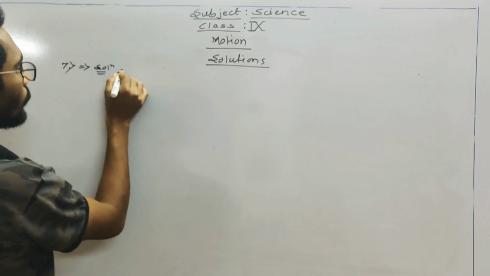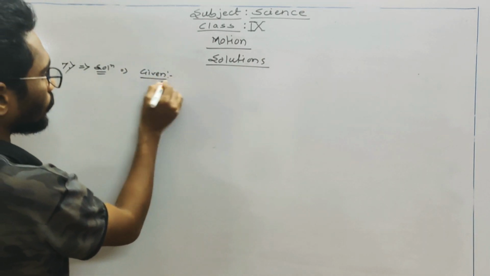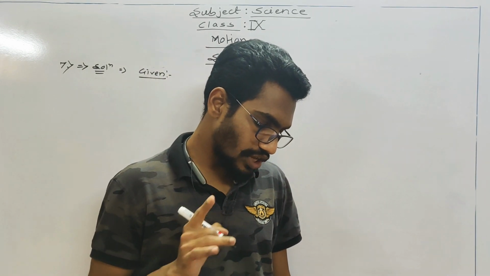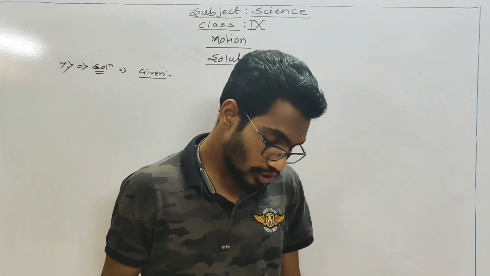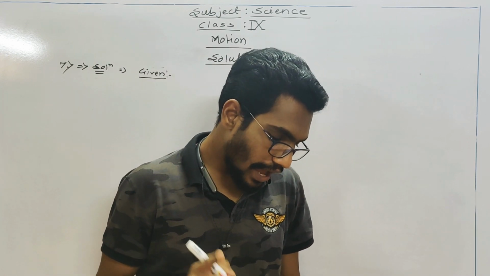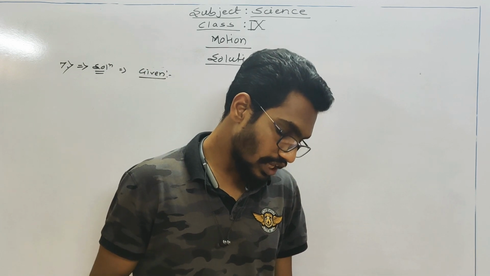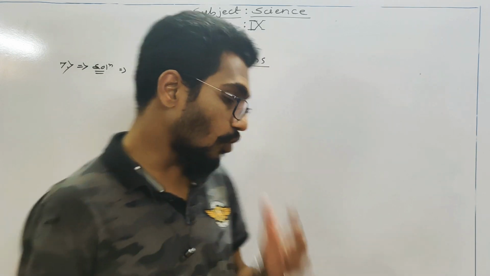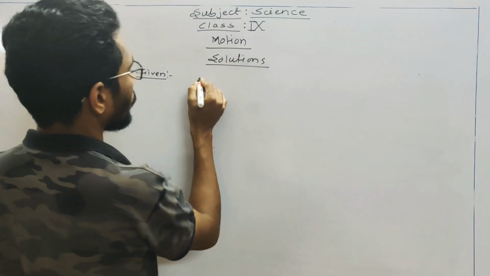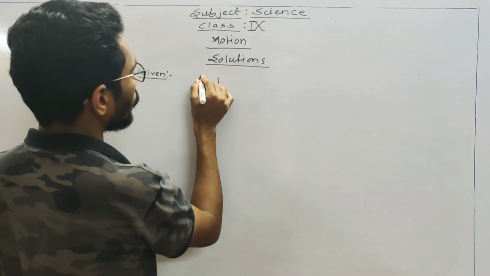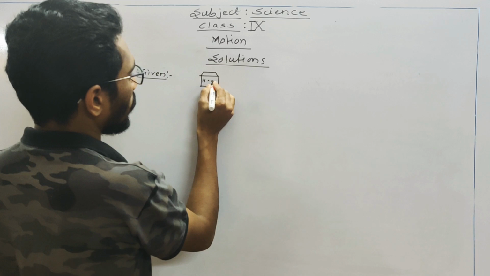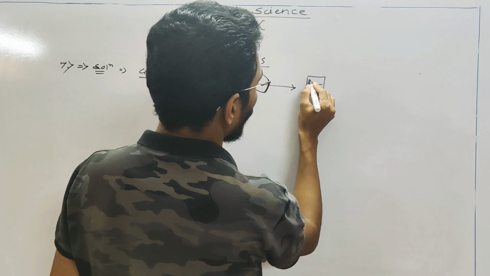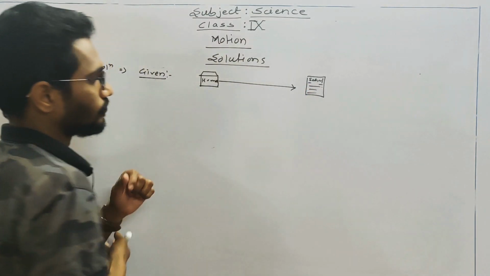Solution. What is given? Now, Abdul, while driving to school, computes the average speed for his trip to be 20 km per hour, and on his return trip along the same route it is 30 km per hour. Okay. What is the average speed for Abdul's trip? What you have to calculate? So first, that is home to school. Okay.